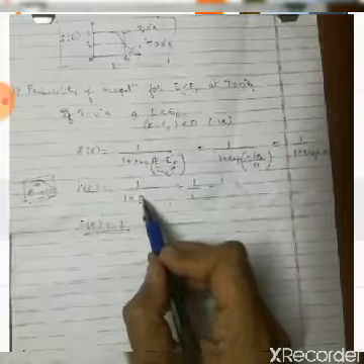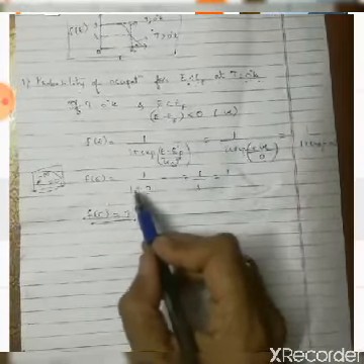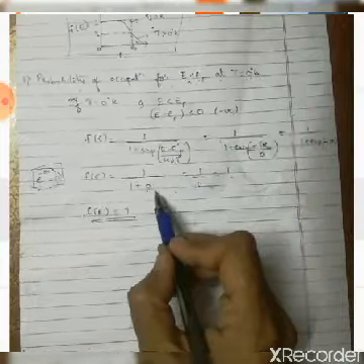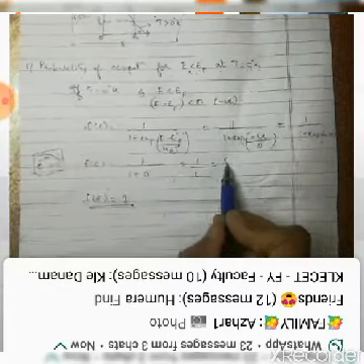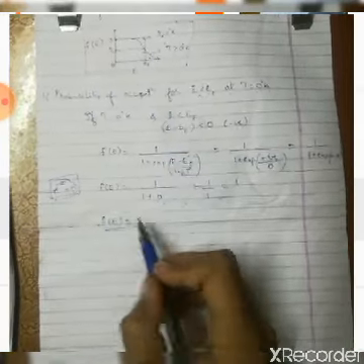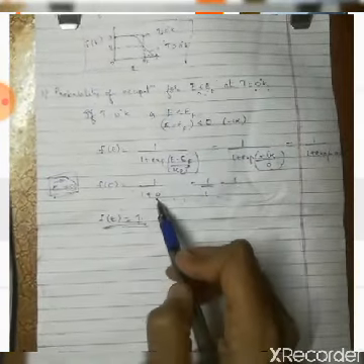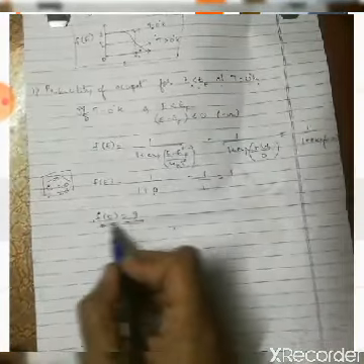Why? Because if you substitute infinity here, this will be 1 divided by 1 plus infinity. 1 plus infinity will be again equal to infinity. So 1 by infinity will be equal to 0. So if you get this 0, it is not possible. You should get this as 1. So f of E is equal to 1 only if e power minus infinity is equal to 0 is substituted here. Now next, the case 2.